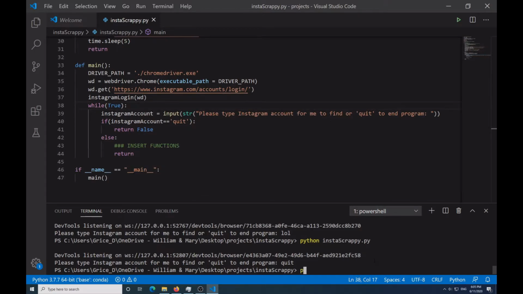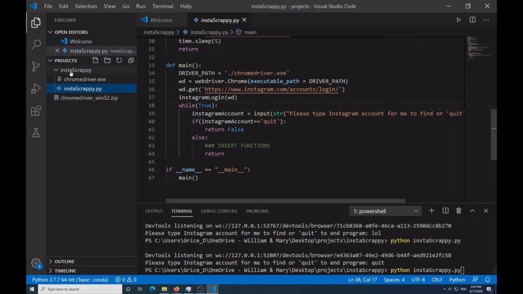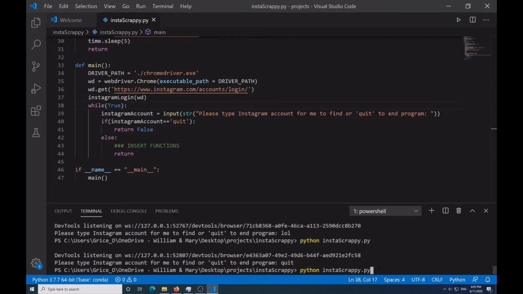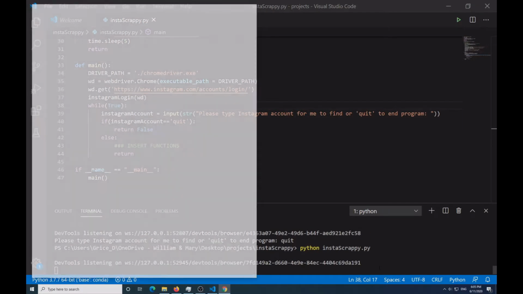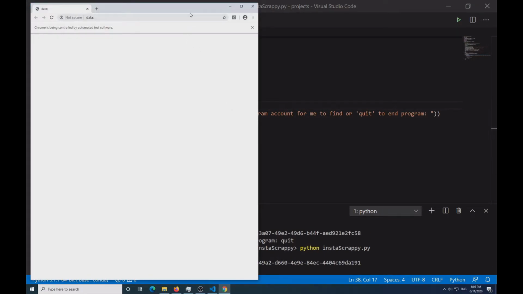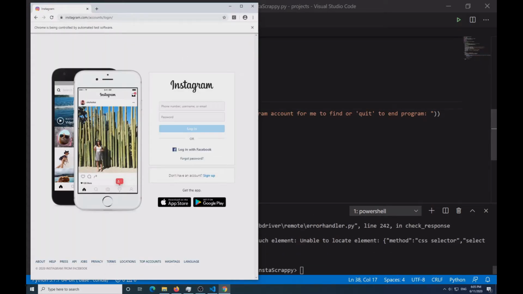So again, you can either press the up arrow on your keyboard, but if that doesn't work for a reason, type Python. You can do insta, and then if you press the tab, sometimes it will automatically correct for you, but in case for whatever reason your tab doesn't work, you can say Python insta scrappy.py or whatever you called your file. So Python, do this, it'll open up, it's going to load,